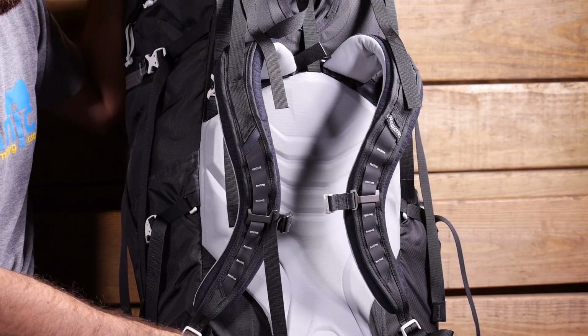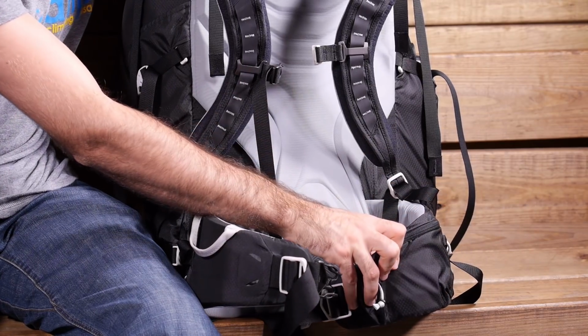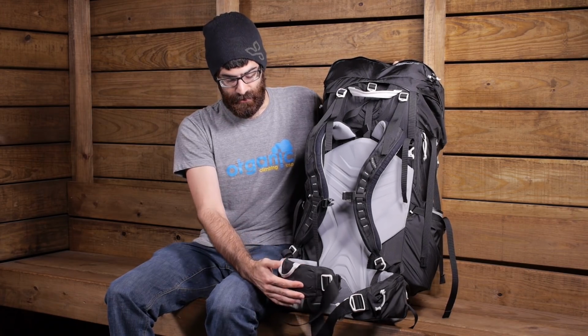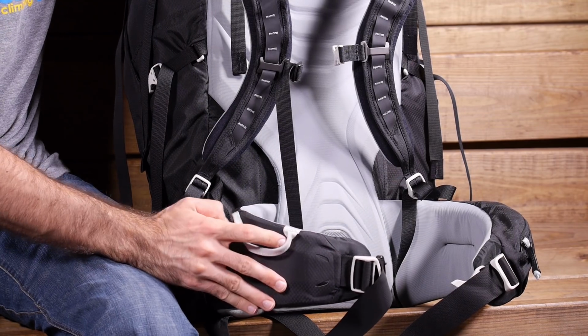There are a number of features right on the hip belt with this pack that make it really great for those mountaineering expeditions. You've got a small hip belt pocket that's great for some emergency items if you need it. But on the right side here, we've got a gear loop. That's a great place to clip some extra carabiners, some ice tools if you need that, or just some emergency